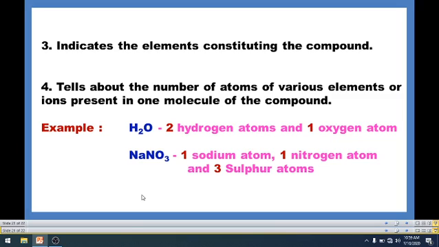Likewise sodium nitrate. So what are the elements present in sodium nitrate? Sodium, nitrogen and oxygen. Then how many? 1 sodium, 1 nitrogen, 3 oxygen atoms are